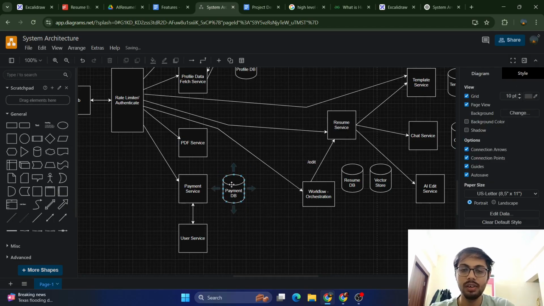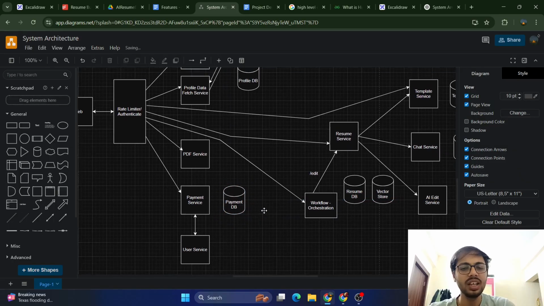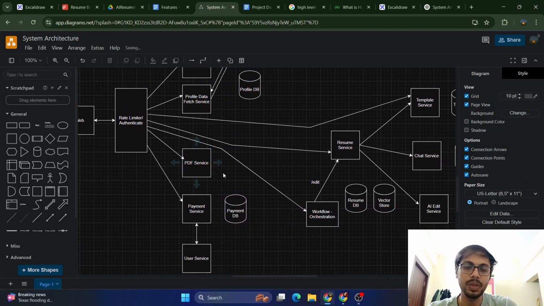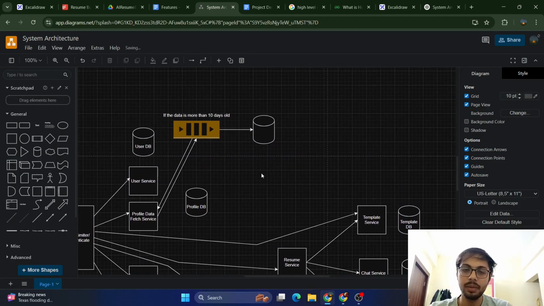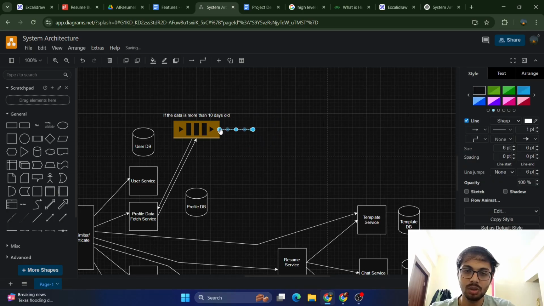और उसके अलावा पीडीएफ के लिए we don't need any database। पीडीएफ जस्ट डाउनलोड कर रहा है, तो I don't think we need any database here। प्रोफाइल डीबी में हम लोग जब भी प्रोफाइल में चेंजेस करेंगे, तो हम लोग सीधा प्रोफाइल डीबी में ही सेव करेंगे इसको। तो we can just directly keep it here।